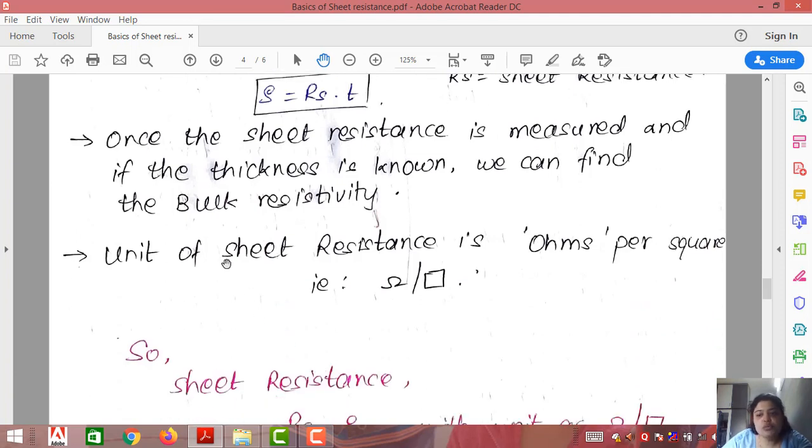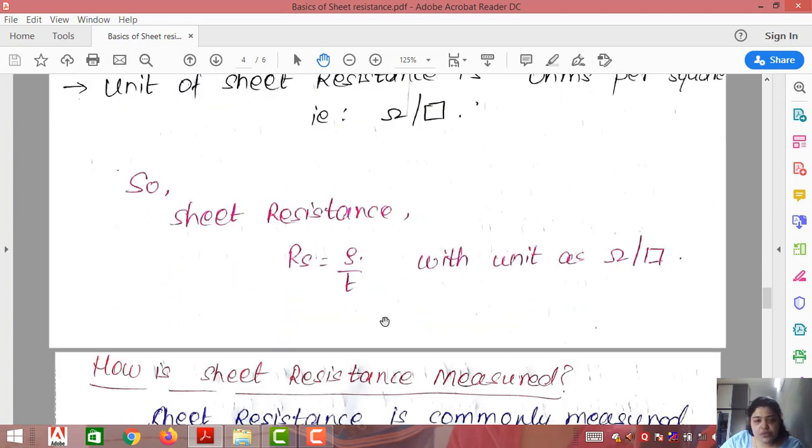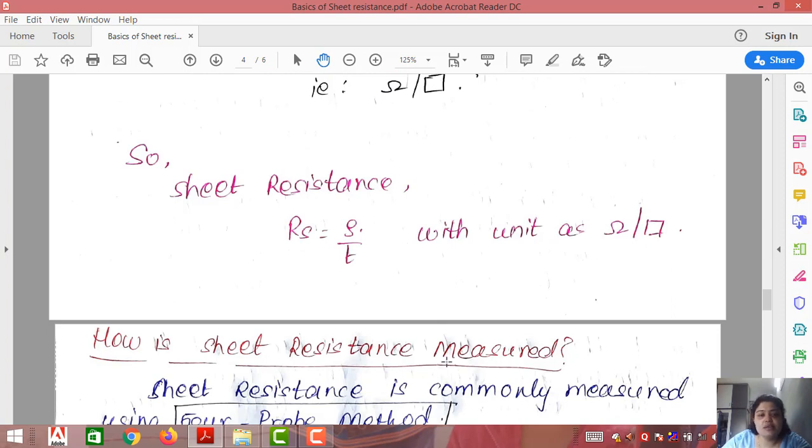What is the unit of sheet resistance? The unit of sheet resistance is defined as ohms per square. What is the value of resistance per square? Why do we denote the term per square? This actually relates to the quantity L upon W, as I just gave you an example above, where we considered a resistor in the form of three different squares. So in short, sheet resistance Rs equals bulk resistivity upon thickness, and the unit is ohm per square. The symbol square denotes the quantity L upon W. Because it is a unitless quantity, we define it as square.